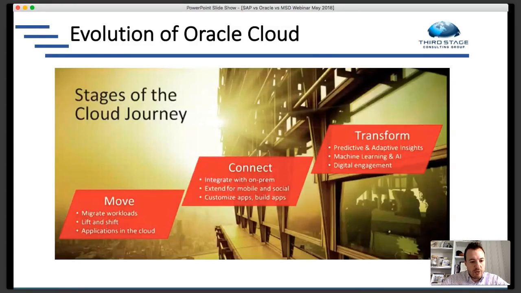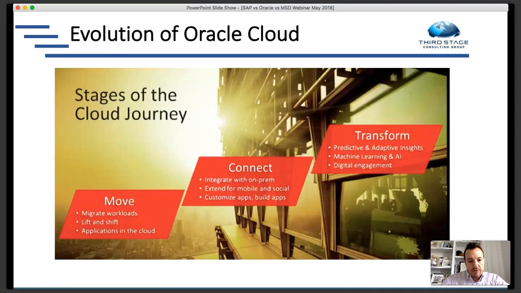They started by moving that functionality over to the cloud. Then, as that functionality was moving over, they were also connecting or integrating with the on-premise solutions and with the functionality that had not yet been brought over to the cloud. And I believe, from what I understand, most recently, there's still some functionality that they're still bringing over from on-premise into the cloud. So when you go with an Oracle Cloud solution, you're not necessarily going to have everything in the cloud. There are still going to be some on-premise needs potentially, depending on how broad or diverse your functionality needs are.